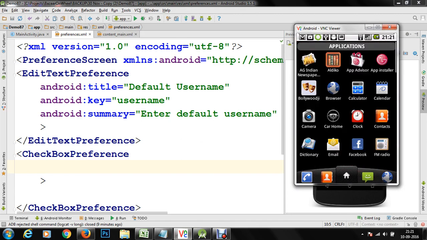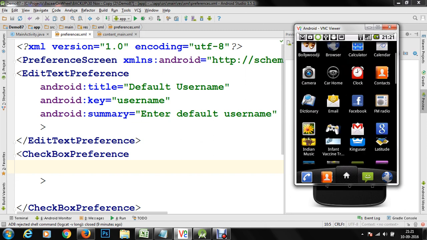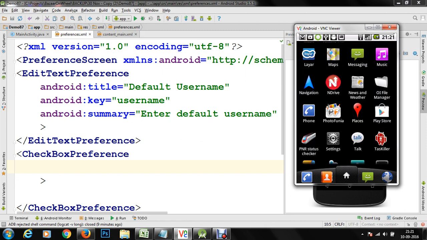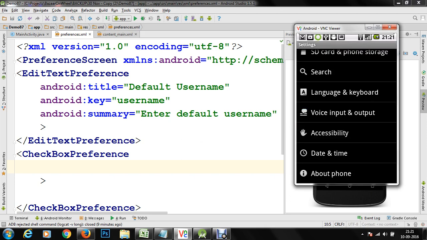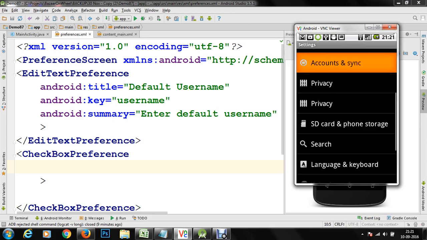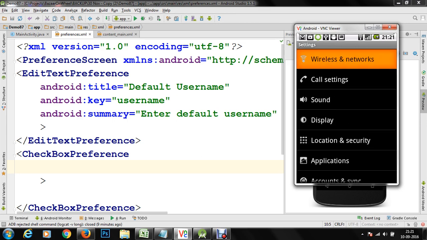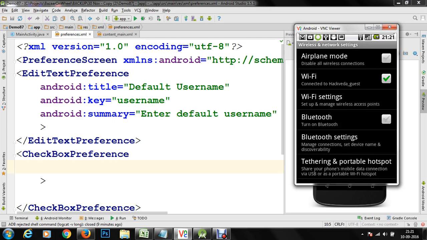If I show you a simple example of settings here before writing any further, you can go to settings, and let's say I can go to date and time settings, or any of the settings on my mobile device. Let's say I would like to go to the wireless settings. So here you can see that you have this Bluetooth turn on and turn off option. So this is the preference, whether the Bluetooth is turned on or turned off. You can see that you are connected to Wi-Fi or airplane mode. All these things are considered under a shared preference.